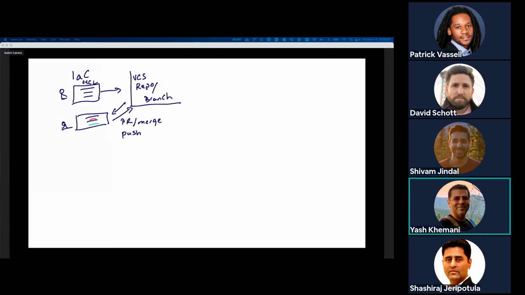So this VCS repo branch combination then has a relationship with our Terraform Cloud platform, which I'll draw with a big T. And when I say Terraform Cloud, it's our SaaS offering, where you consume it as a service. We also have Terraform Enterprise for those who need a self-managed instance that maybe runs air-gapped, for various reasons. So what I'm describing applies to both.